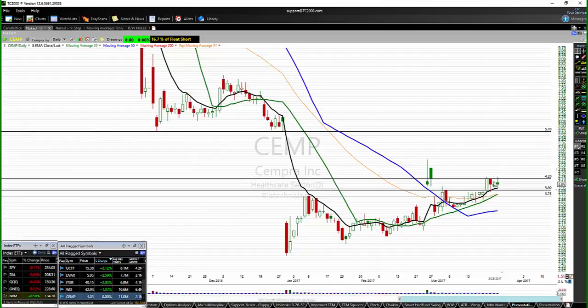So I set this as a resistance level off of the bottom of this body and the tops across here. So 420 is what I'm looking to enter, and I'm looking for that on a bullish signal. Ideally we'll get trader's best friend, we'll get a bullish engulfing, we'll get something to get us up there on Friday so that we can get a nice entry on Monday, someplace right around that 420 area, hopefully